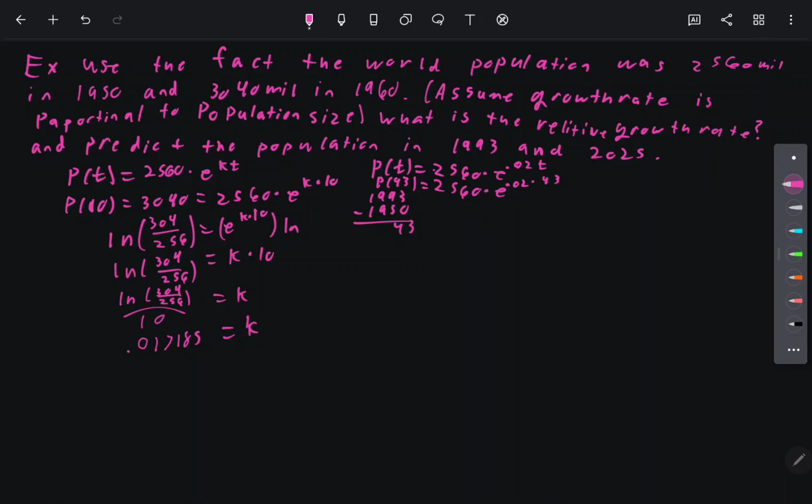And what we get is the population estimated in 1993 is 5,359 million. Alright, and then in 2025, which is the year we are in right now, as of like a